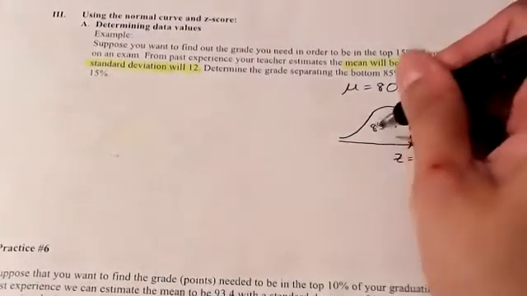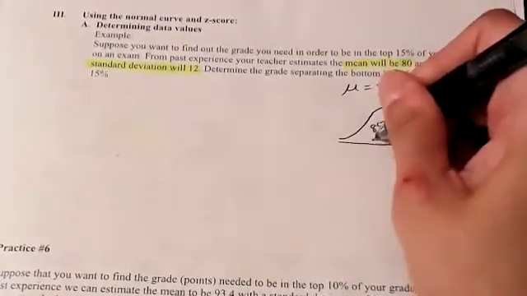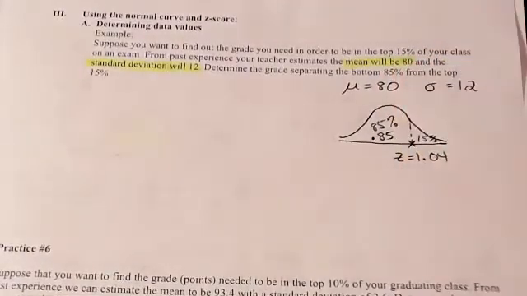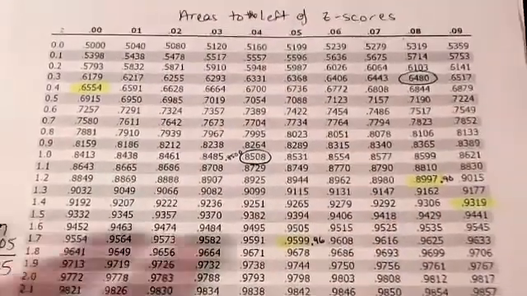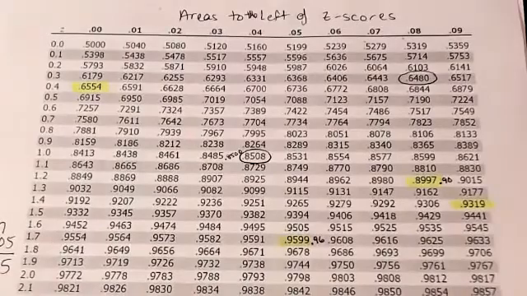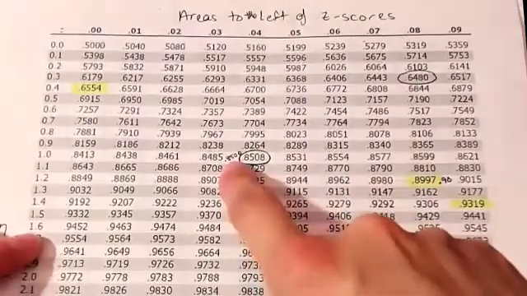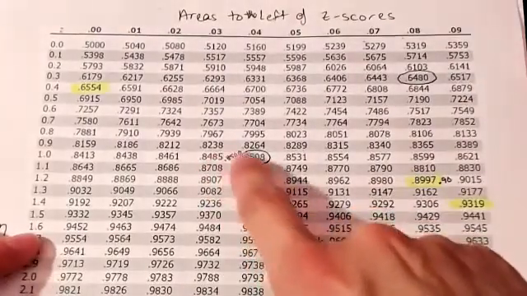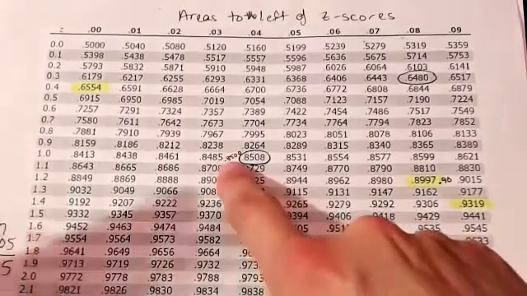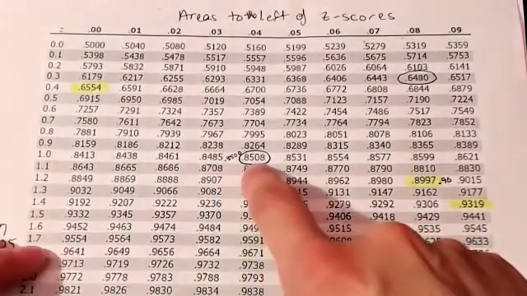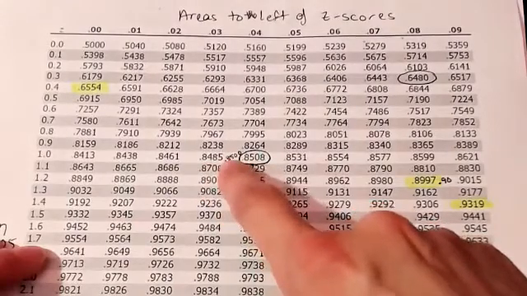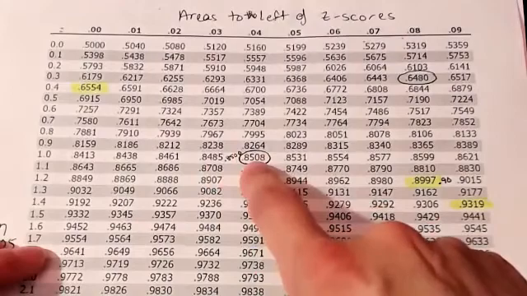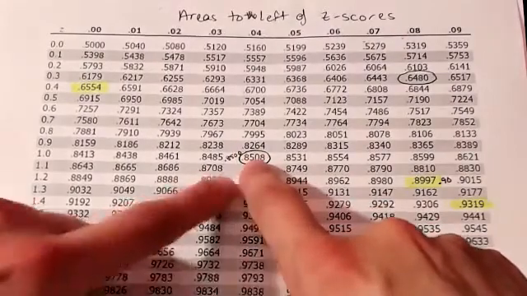Right away, you're going to go to the z-score table and you're looking for an area of 0.85, the area. So remember, that means we're back inside the chart. The cool thing is we've actually done one of these examples with a 0.85 before. We did this in a previous problem. So take a look at where 0.85 is. It sits between these two areas. We see that 0.85 is closer to 0.8508 than it is to 0.8485. We see that it's closer to this value. The z-score associated with this value is